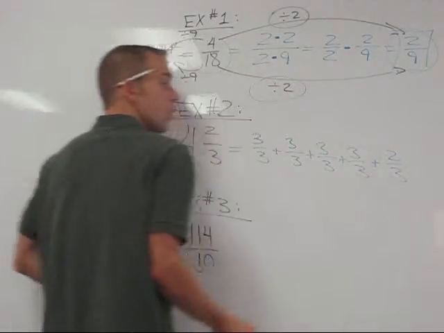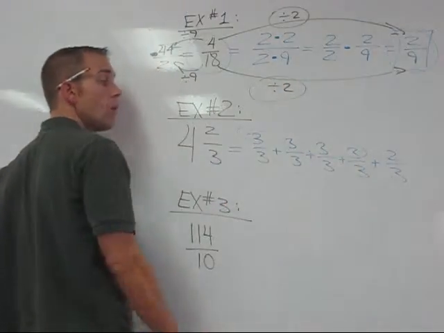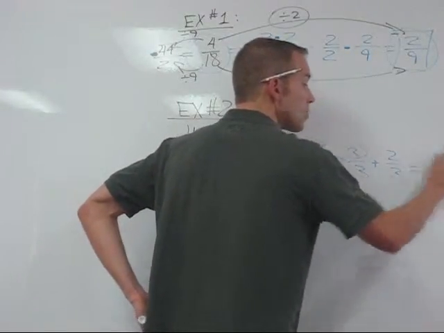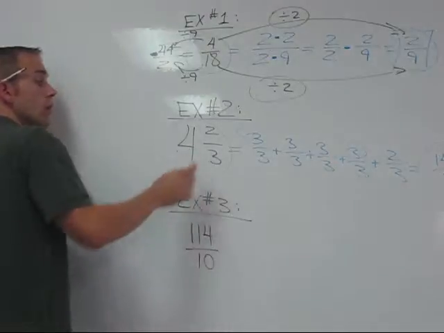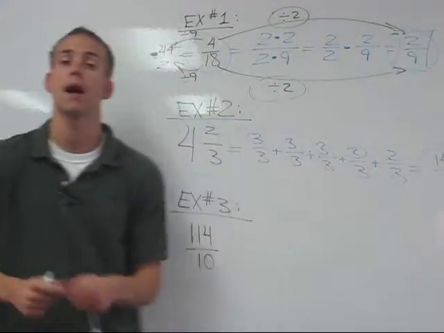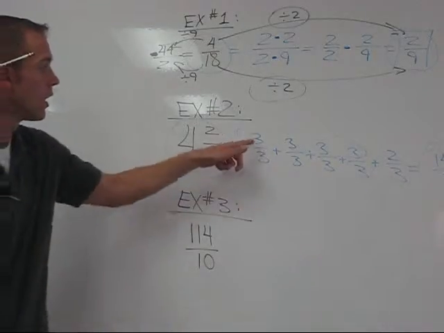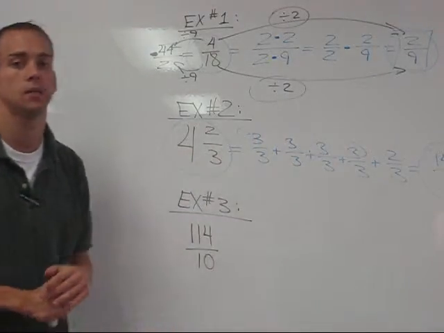Okay? For a grand total of, well, remember 3 times 4 is 12 plus another 2. That's 14/3. Here's what I would like to do. I would like to go directly from a mixed number straight to the improper fraction without having to think about this very hard. And recall that I just said, hey, 4 times 3, and the reasoning behind this is because